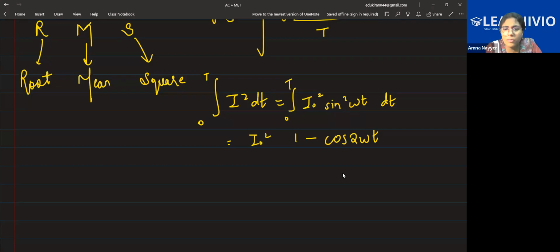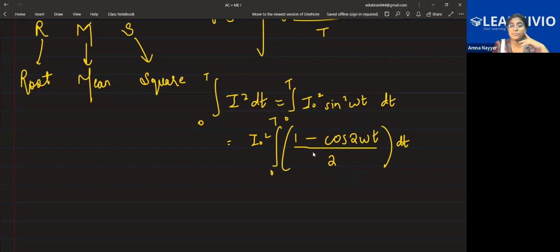Why am I saying to remember it? Because it is used only here. In other places, I've already told the logic how to solve it for differentiation also, for integration also. One more thing, this gets divided by the constant, which is 2. This dt from 0 to t means I have to put in the values also.